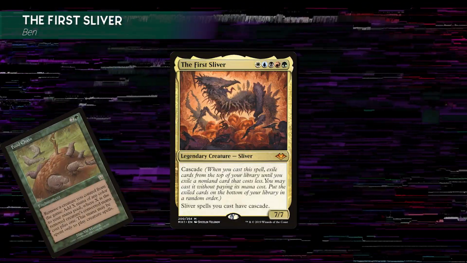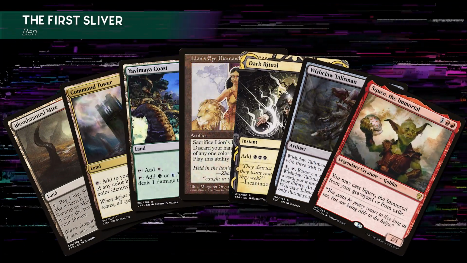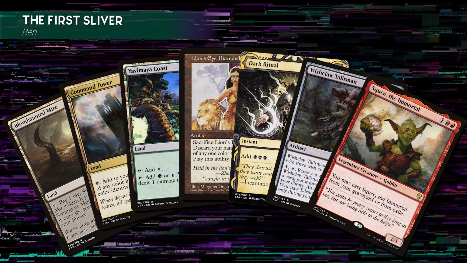First, we have Ben playing the first Sliver, which wins with Food Chain and Squee into infinite mana, and then a Thoracle combo to finish it off. Ben's starting hand includes Bloodstained Mire, Command Tower, Yavimaya Coast, Lion's Eye Diamond, Dark Ritual, Wishclaw Talisman, and Squee the